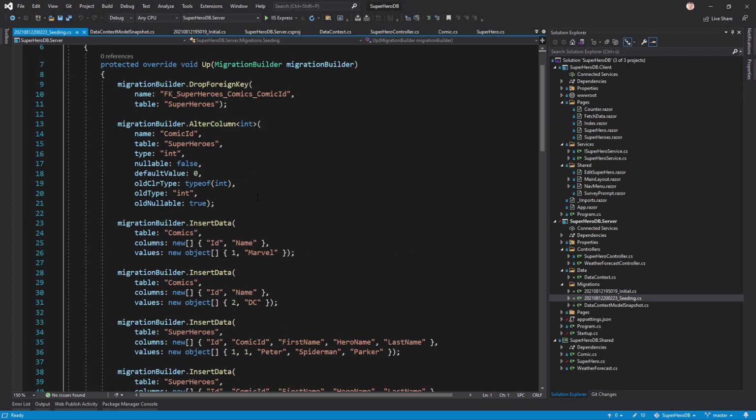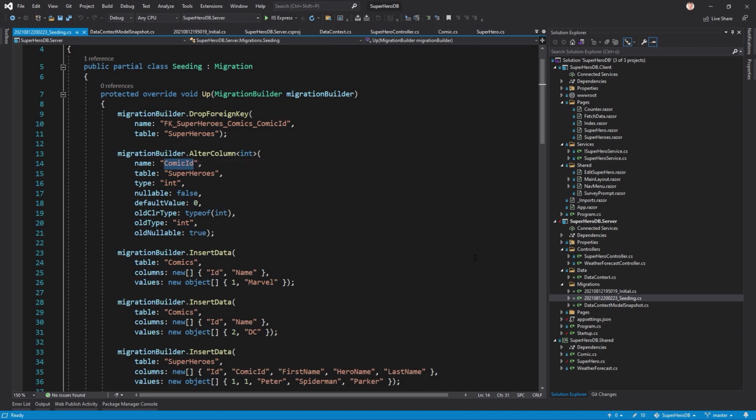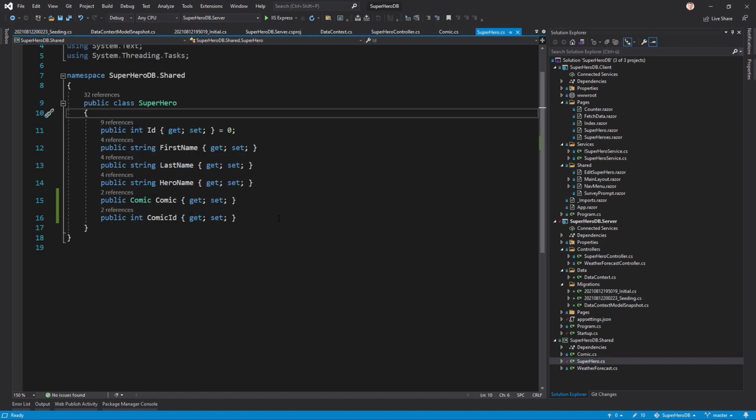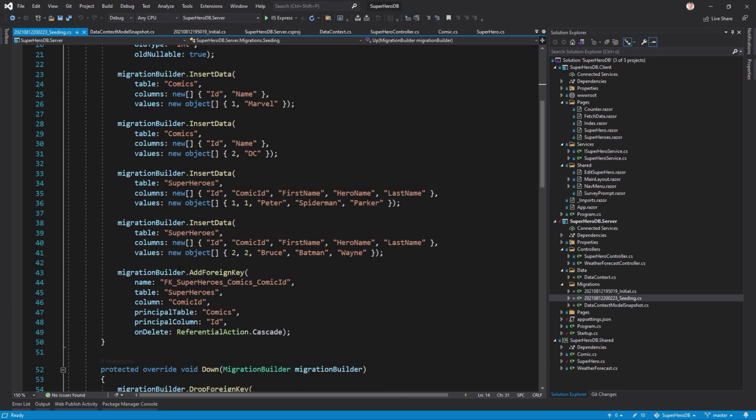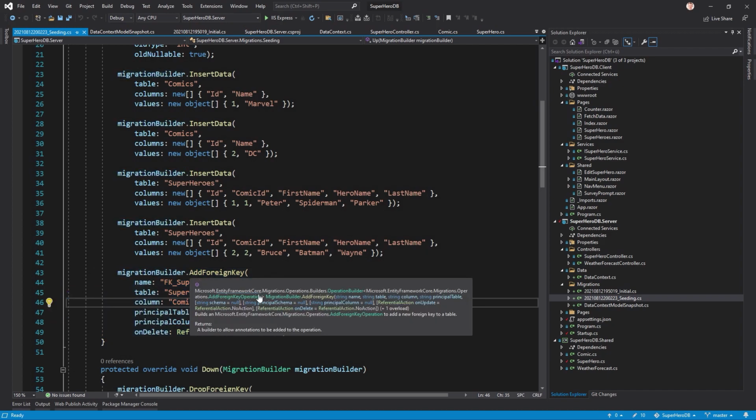Okay. Thing is, that's because I added the comic ID to the superhero model, but I did this after we added the first migration. When I would have done this before, you wouldn't see that change, but now Entity Framework, I don't know why, because the comic ID was already there, says that we have to make a change here. So the foreign key is dropped, then the column is altered, and I think in the end, yeah, this here is what I expected. The foreign key is added again,